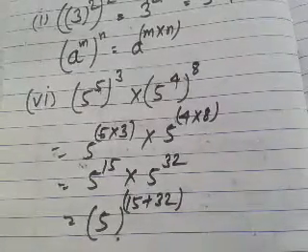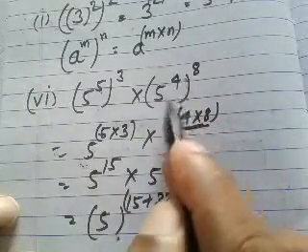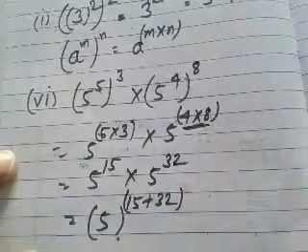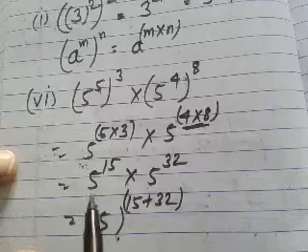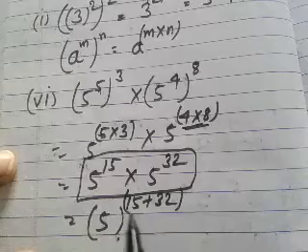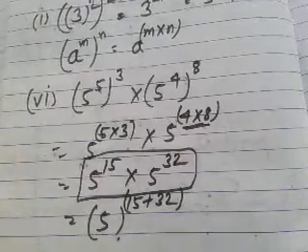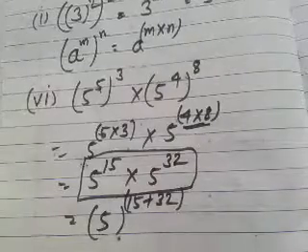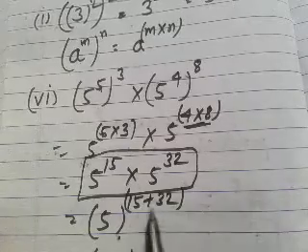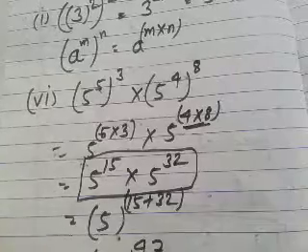So remember, where is addition? If the expression is given in power of its power form, then the powers will be multiplied to each other, and if the expression is given in this way, then the powers will be added to each other. Otherwise you may get a wrong answer. So answer will be 5 raised to the power 47.